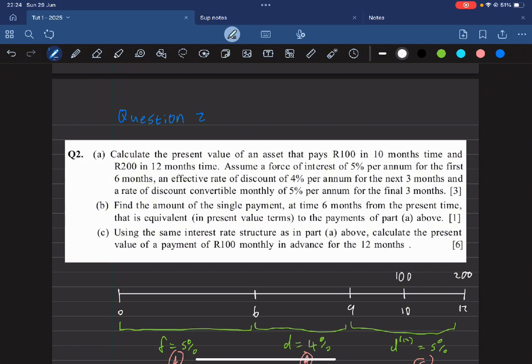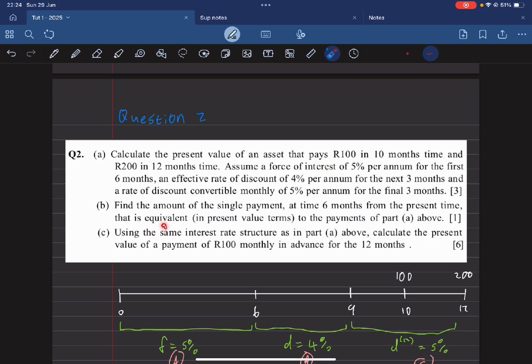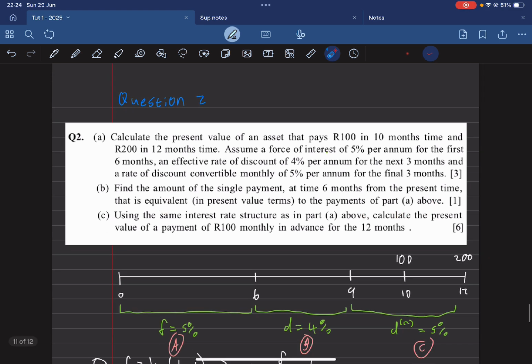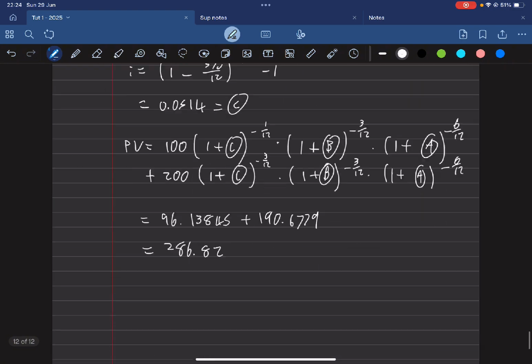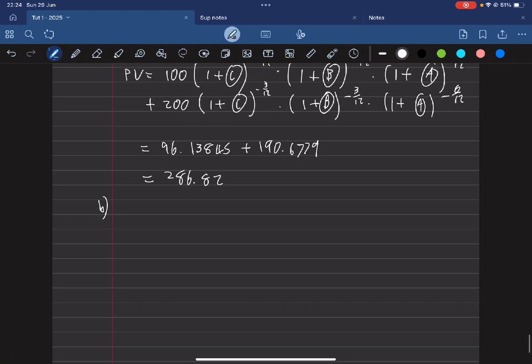Now let's move on to question B. B says find the amount of a single payment at time 6 months from the present time that is equivalent to the payment in part A. So basically what we're going to have to do is find, let's draw a timeline for this one again. So for B,